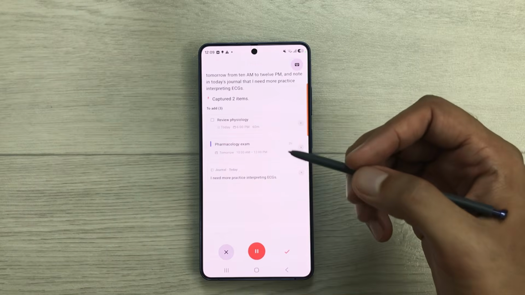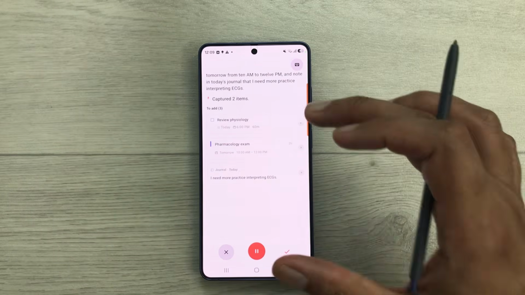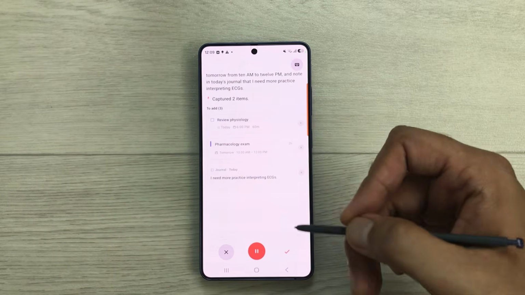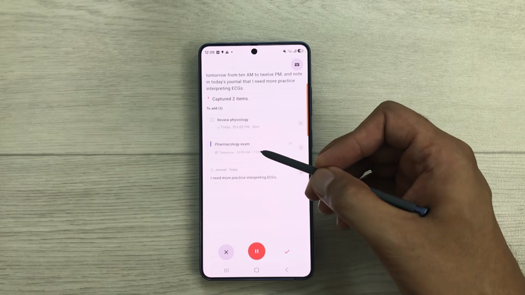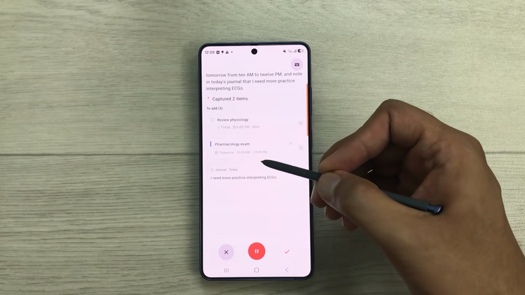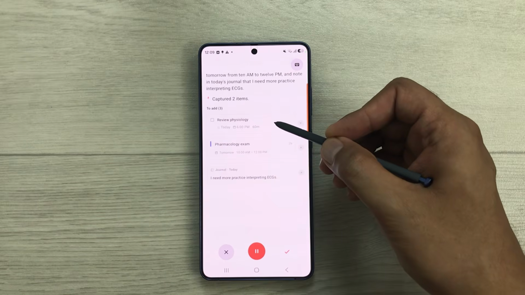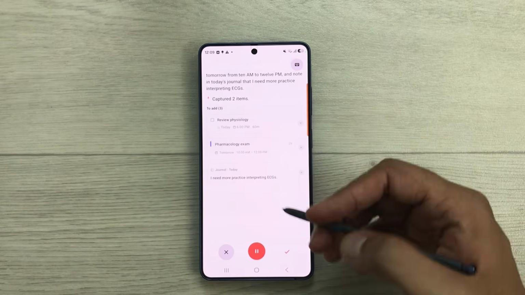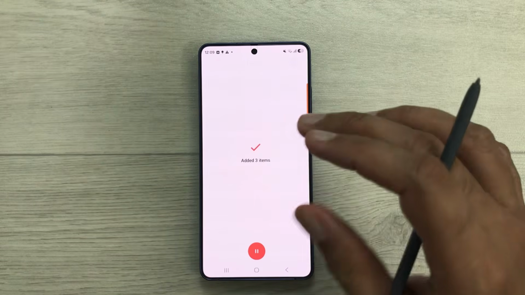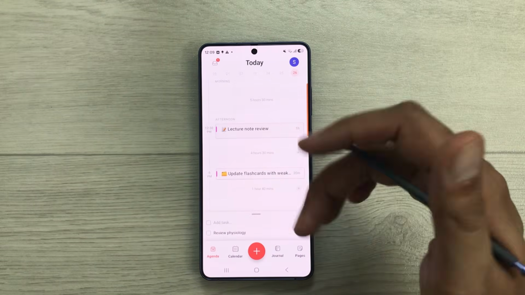So here you can see within seconds Routine separates everything into the correct actions. It adds the pharmacology exam to my Google Calendar, creates the physiology task in agenda and saves my ECG reflection notes in the journal. Now I select this save option and then it will add these three items to my